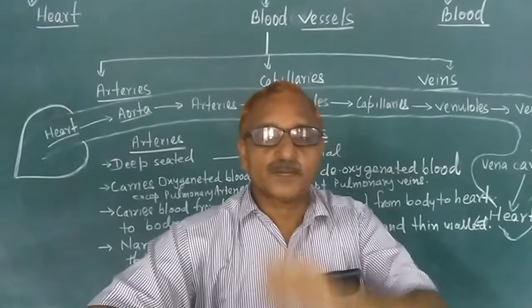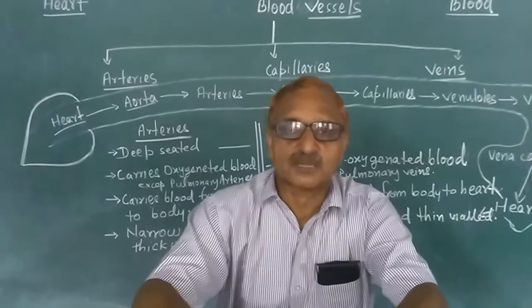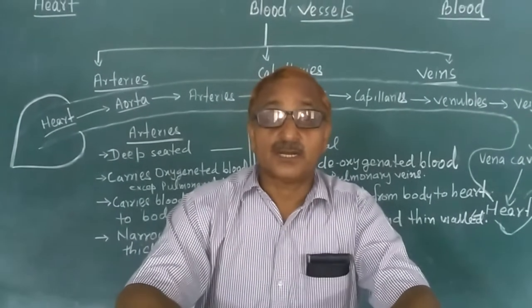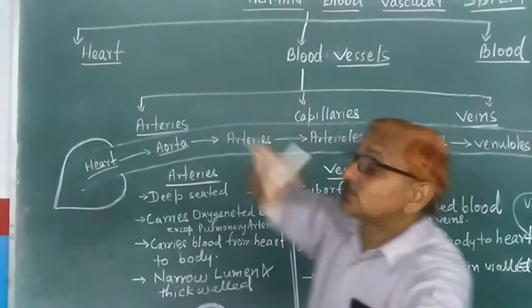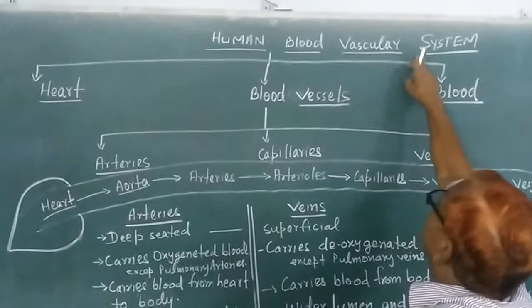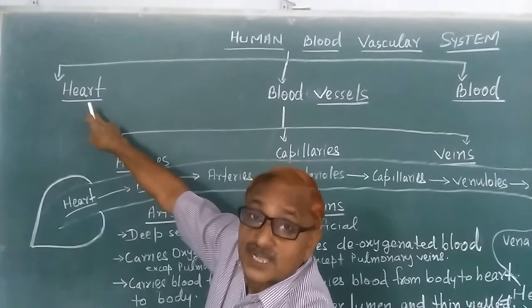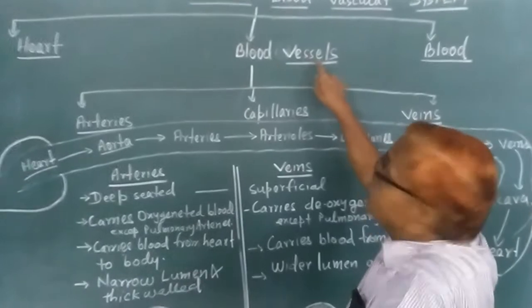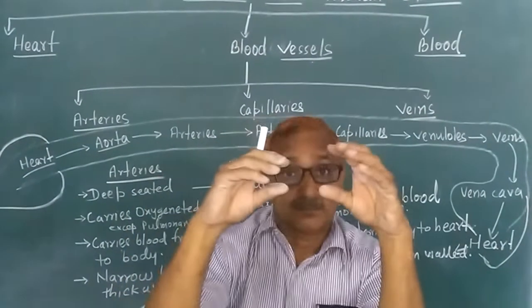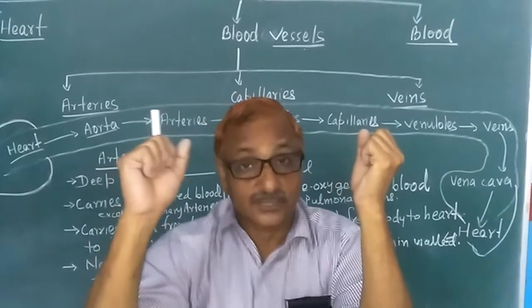I am going to explain a very common topic for the standard 10th in Life Processes, chapter number 6, that is blood vessels. We know that we have a human blood circulatory system, or vascular system, which consists of three parts. The human heart itself, I have a separate video on the heart, and blood vessels, which are the tubes through which the blood circulates inside the whole body.